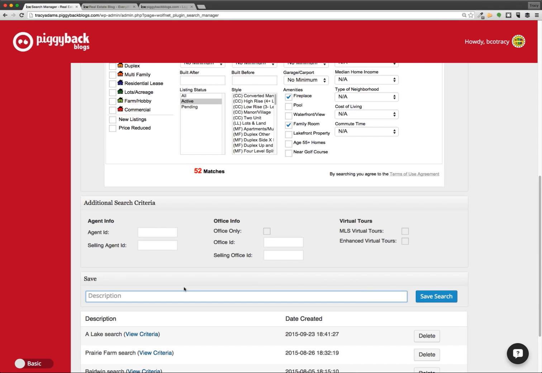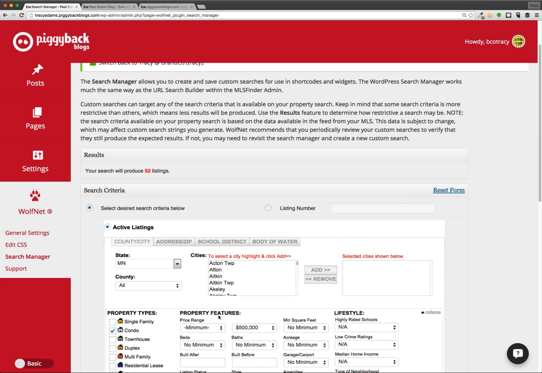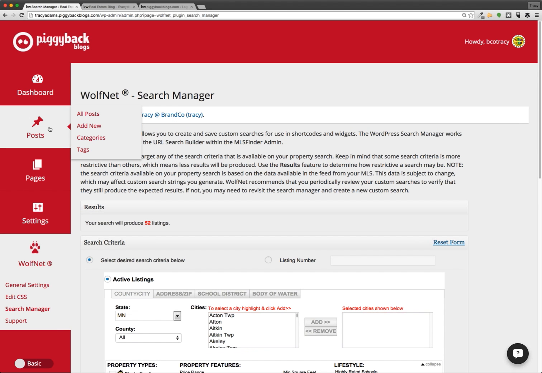If I wanted to save it, let's say it's condos with fireplaces and family rooms less than 500K. And then I click save, and that adds it to my list of saved searches so that I'm able to easily input this later on. So if I wanted to say that